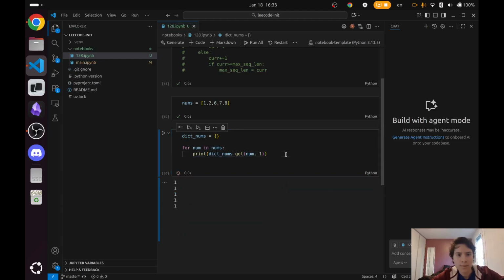Should this work? Okay. So I can say dict nums of nums is gonna be equal